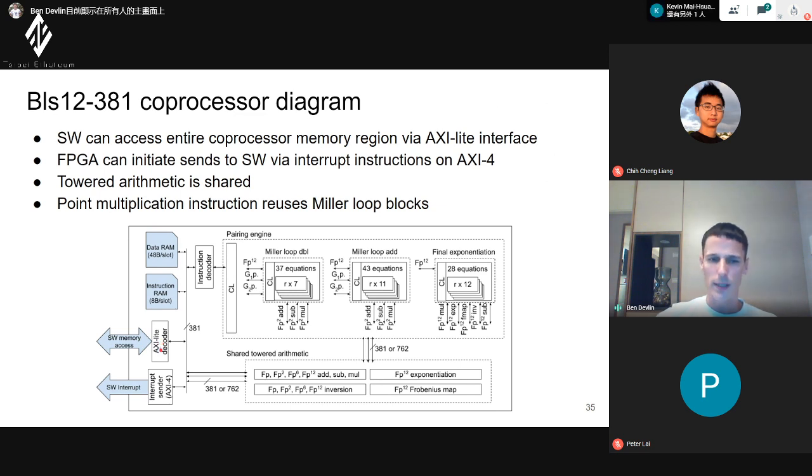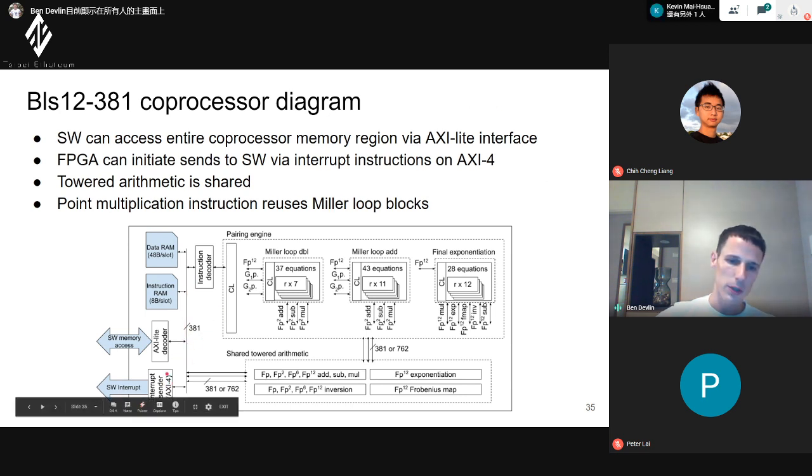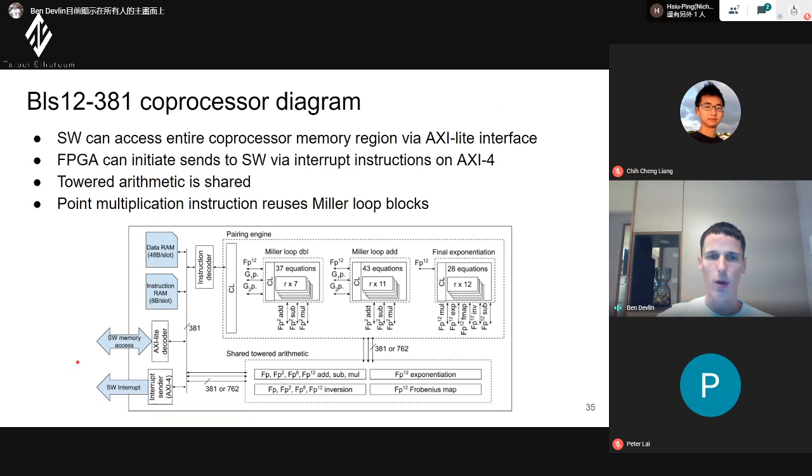It's a little bit slower, so it's XE light, and it gets access to 4 bytes in one clock cycle. But this gets mapped into our 381-bit architecture. And then we have an interrupt sender, which is sending messages back to software. And this uses XE4 protocol. And so here you could have a DMA engine or something so that software doesn't have to continuously poll or continuously check if the FPGA has finished.